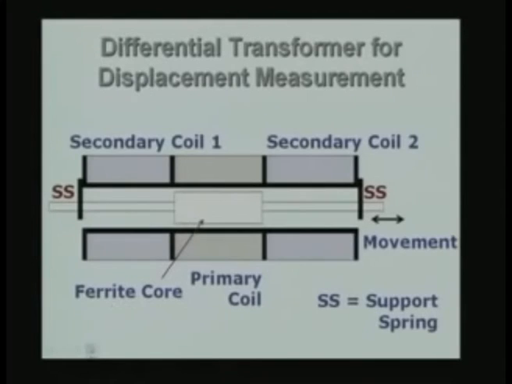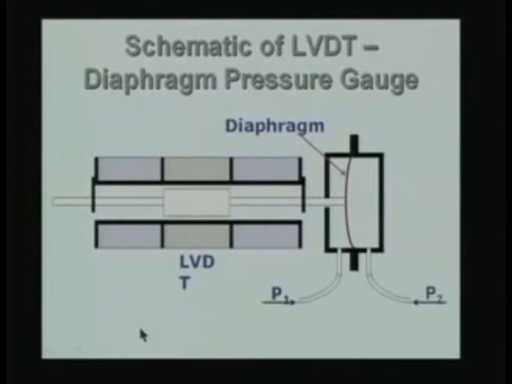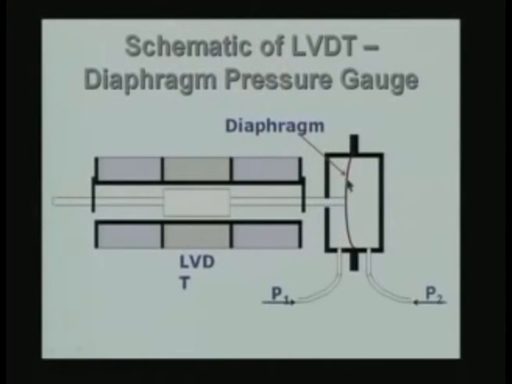So, let us see how I can use this LVDT for measuring pressure, that is our idea. I have shown here a diaphragm gauge, where a diaphragm is stretched between a support like this. It could also be a strain measurement in a mechanical experiment involving straining of a material. Here we are talking about pressure, and therefore, the gauge will be in the form of a diaphragm. Diaphragm is like what we discussed earlier. I will come back to the case of diaphragm a little later on. I will take a specific example.